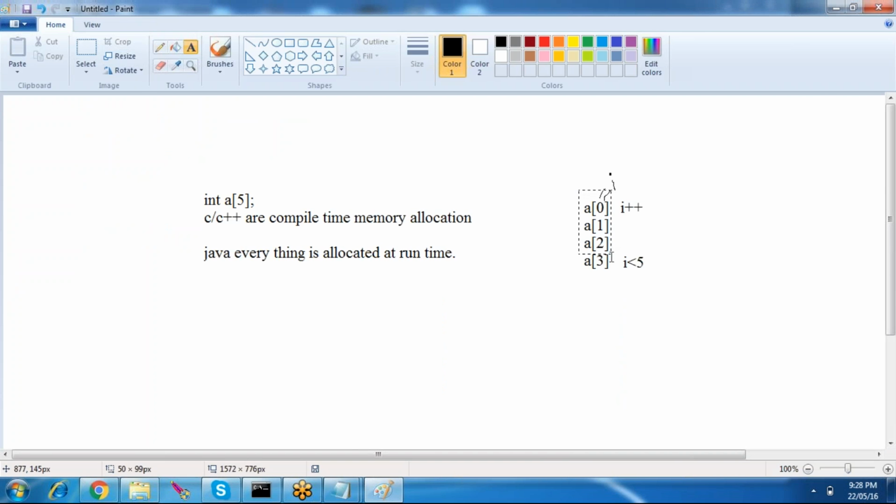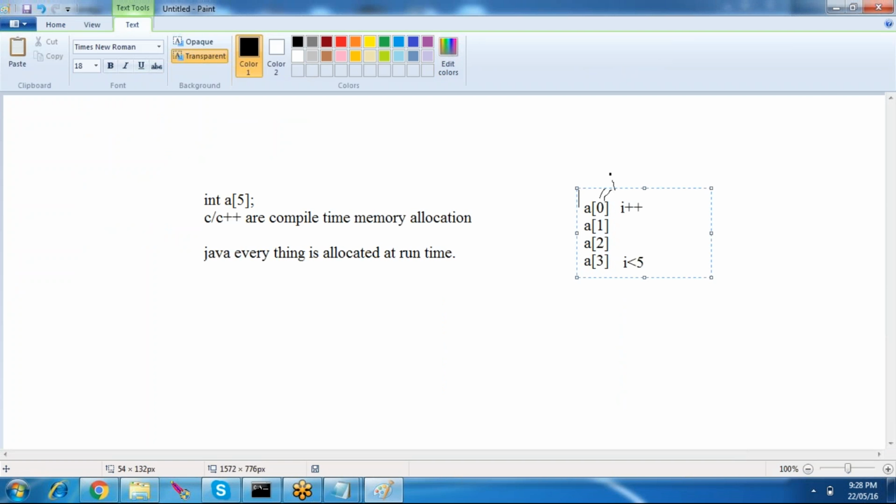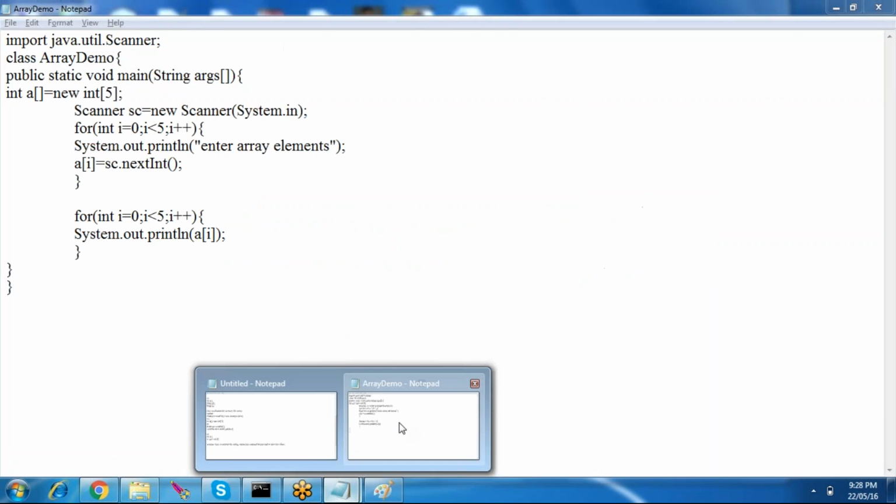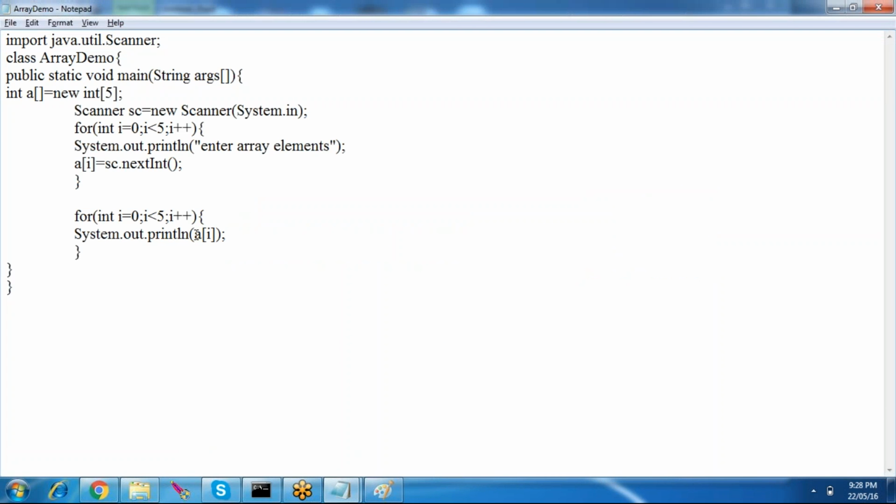So what's there in the index format means a of 0, a of 1, a of 2 and a of 3. Consider if I use the double quotes, the string to give the value like a of I equals to, a of I equals to, right? So what's happening here? That I is a message. A of in the square brackets, whatever you're giving will be displayed as it is. Like if I save this thing,